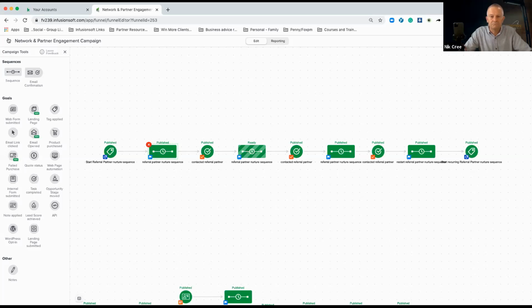Okay, 5,000. Now, if I've got 20 such referral partners like Nick, and I'm doing this sort of process, whether it's me or my team that's doing it, or whether I've got some automated tasks that do this as well, all of a sudden I've got this potential network of 100,000 business owners who represent my ideal customer. And I say, hey, Nick, can you share my resource, which is my 3 ways to make more money by the weekend, or my 9-step automation plan to make more profit with less effort. He's going to go, cool, no worries, mate, because you're a good bloke and you've been helping me out. And all of a sudden that resource is now shared out to 100,000 people across Nick's network and all the other networks that I'm connected to.